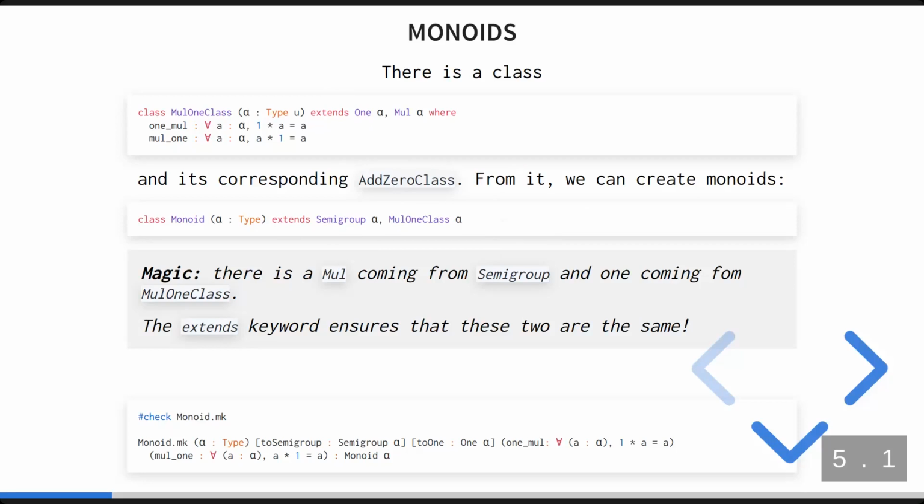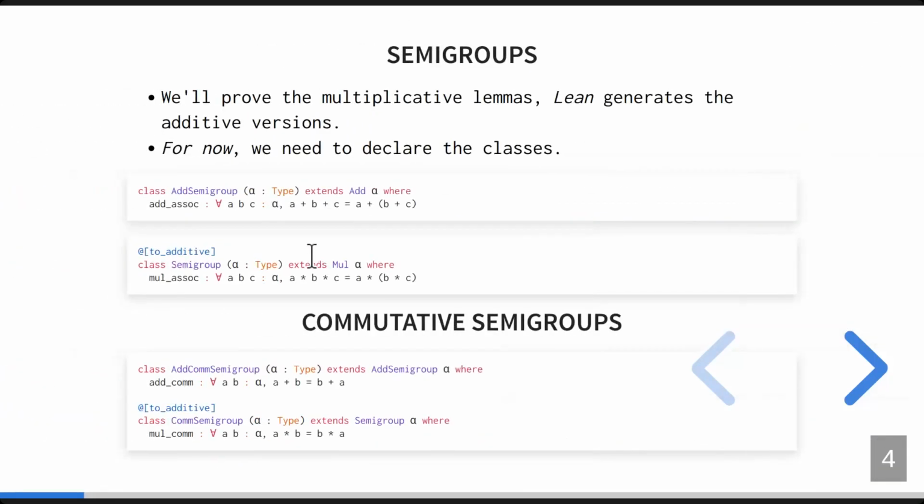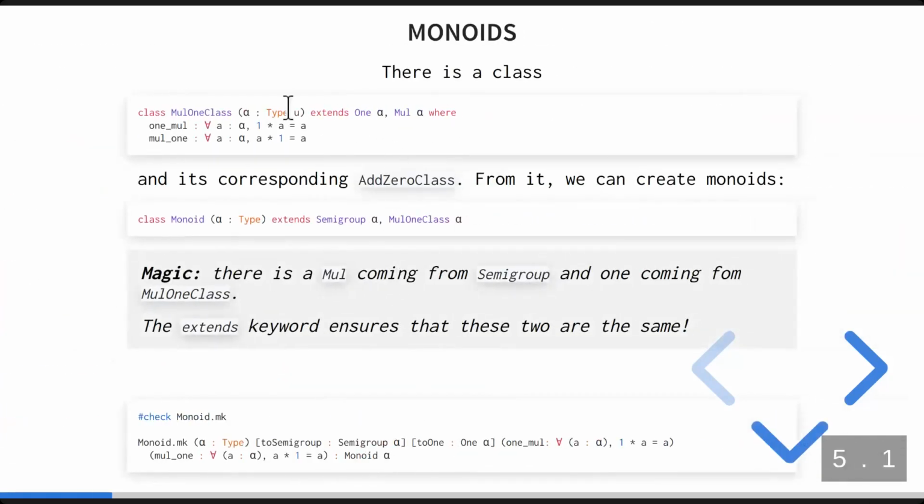That's what a monoid is. Okay, and there is some magic already here that Lean does for you, because there are two notions of multiplication that you would have, and you could worry whether they will be the same or not, right? Because being a semigroup, a semigroup extends Mul, so you have a multiplication coming from semigroup. But at the same time, the MulOneClass also extends Mul, so you have a multiplication from there, and so you could worry about whether this will create trouble, but it doesn't, because Lean is smart enough to notice this,